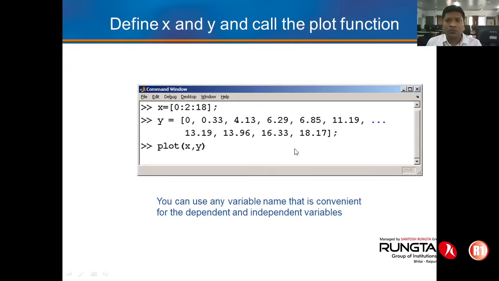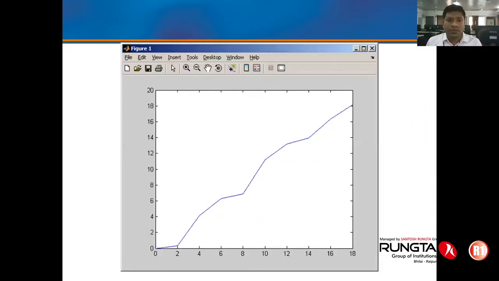So you can plot XY. Plot XY is the simple command which is used in MATLAB. With this you can get a graph between X and Y.